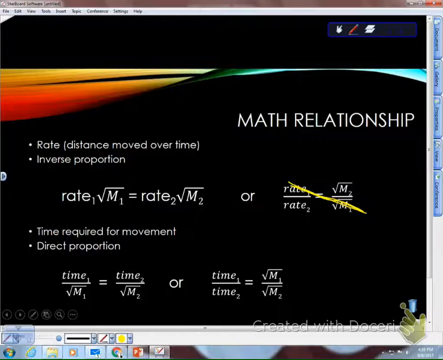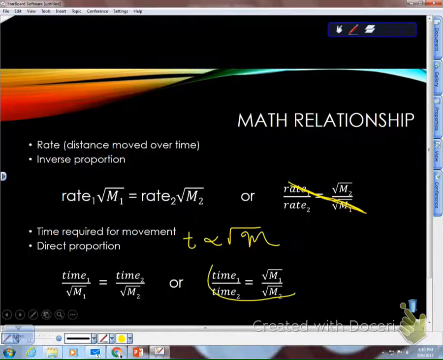Now, rate is inversely proportional to the mass, but time is actually directly proportional to the molar mass. So you have a completely different setup here. This is going to be more like your Charles's law or Gay-Lussac's law, where it's a direct proportion. So you see I have time 1 on top of square root of m1. And so you can set it up like this, where it looks like a Charles or Gay-Lussac,